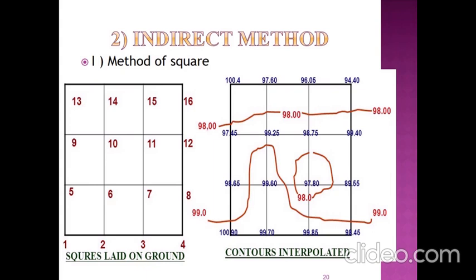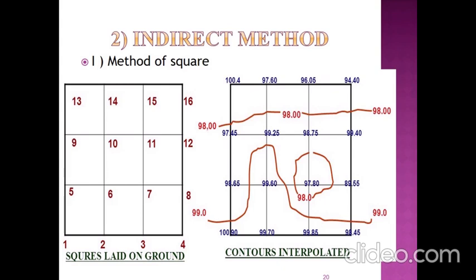You know that basically 3 to 4 subtypes are there. In that, the first is the method of squares. This is also called the coordinate method of locating contours. The entire area is divided into squares or rectangles, which is shown in the figure. The elevations of the corners are then determined by spirit leveling. Thereafter the levels are interpolated. This method is very suitable for a small open area where contours are required at a close vertical interval.